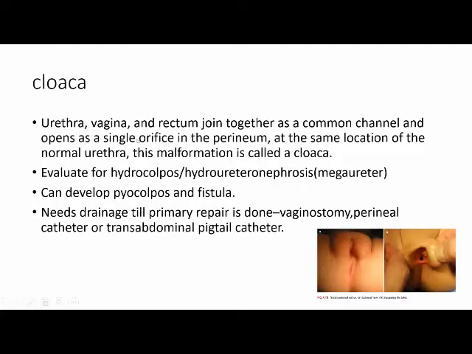So coming to cloaca, the urethra, vagina and the rectum join together as a common channel and open as a single orifice in the perineum at the location of the normal urethra. So this malformation is